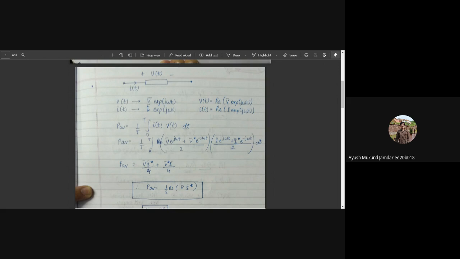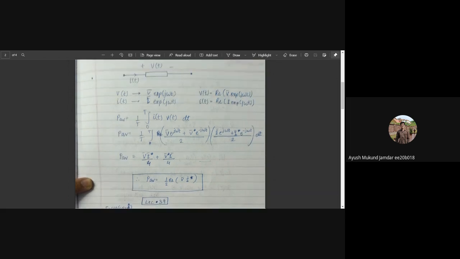So average power will be small i of t, small v of t, dt, and integration 0 to T, 1 by T, to get the average power over the time period. But what is the actual current flowing through it? That is the real part of the phasor. So that will be V bar exponential j omega t is real part, and real part is z plus z bar by 2. Applying this property for voltage and current and integrating from 0 to T, we'll get something like this,